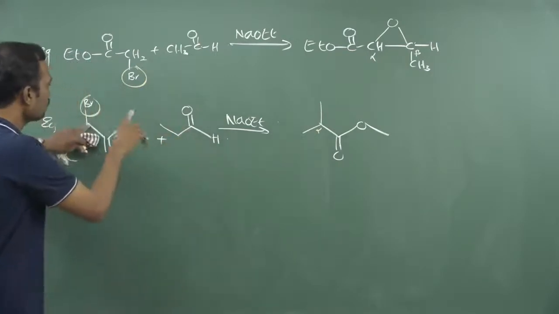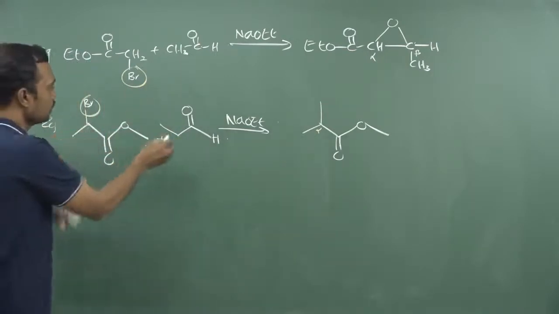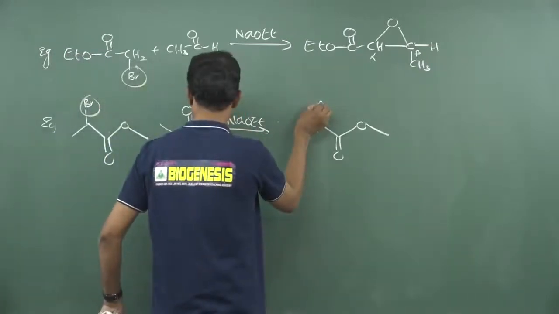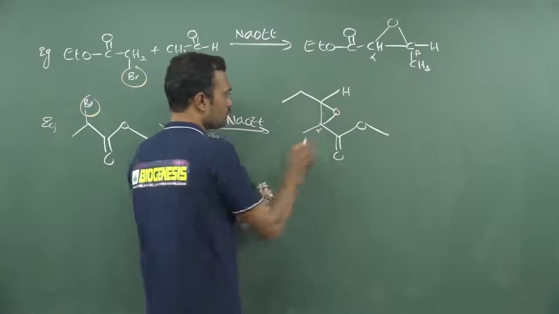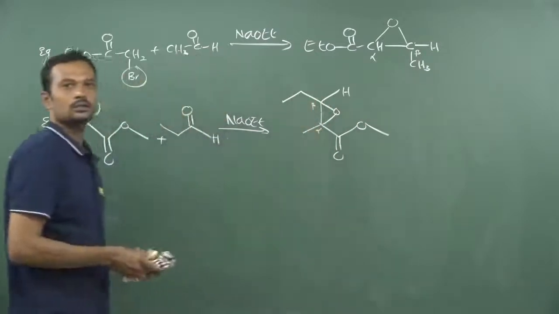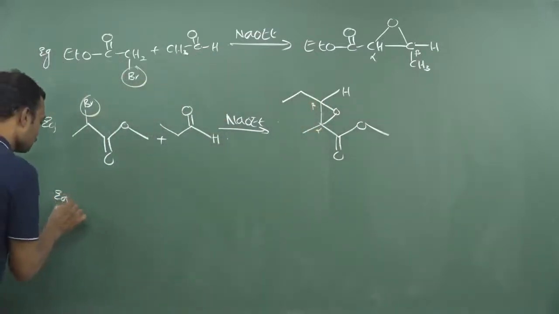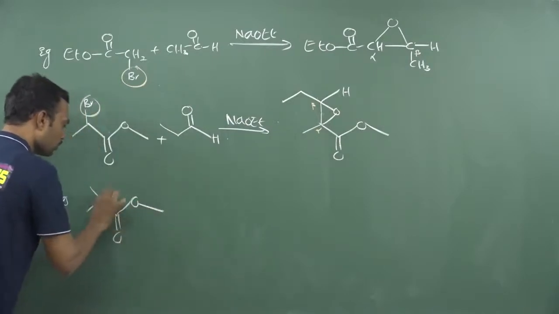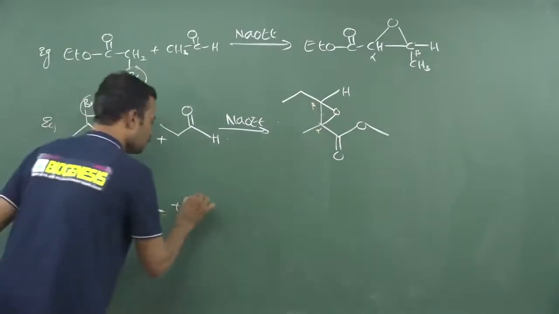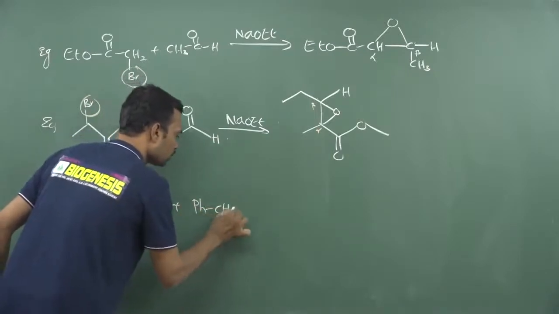So now this will attack one more time on that one. See, this carbon has an ethyl and here hydrogen, and here the epoxide is there. So then see your resultant answer, an alpha, beta unsaturated epoxide, like this. Okay, see this is an ester and here C double bond O, and here I am using halogen. Now I am writing a benzaldehyde.